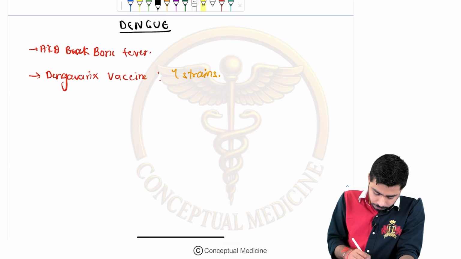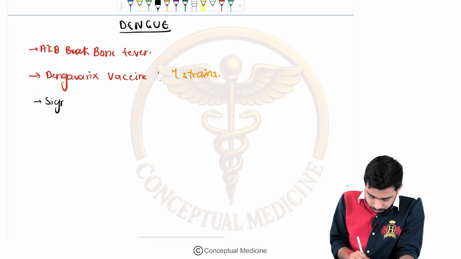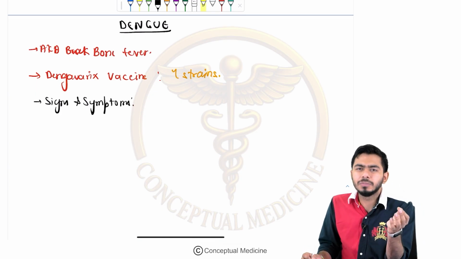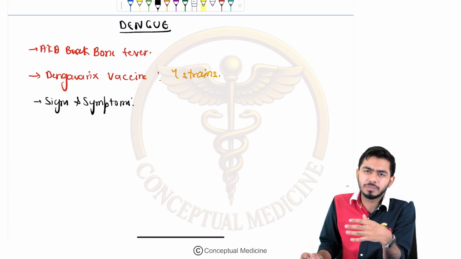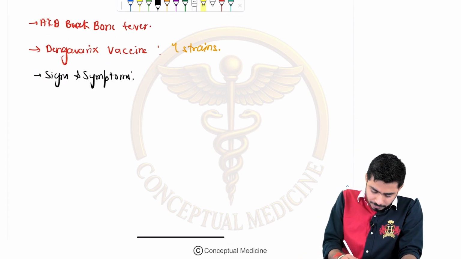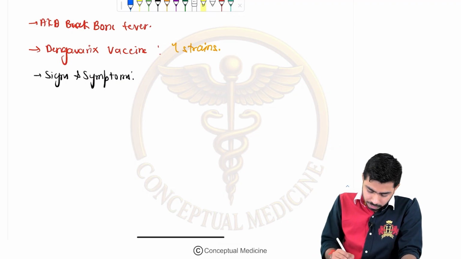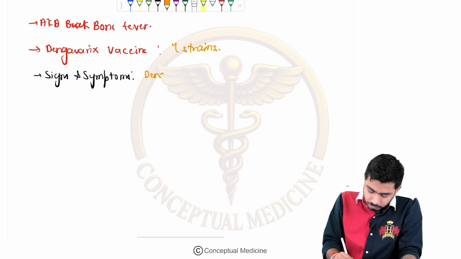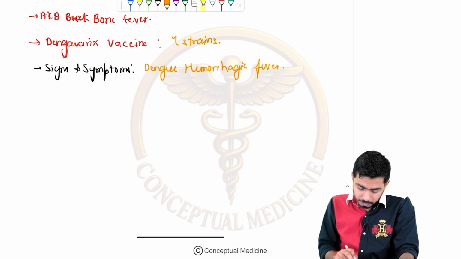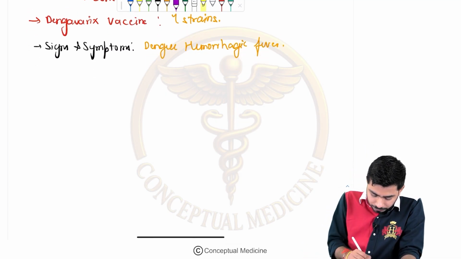Now if we talk about the signs and symptoms of the dengue virus or dengue fever, usually fever can be there, myalgia can be there, generalized weakness can be there, right? All of these symptoms are there, but let's talk about the phases, guys. It can also cause dengue hemorrhagic fever, because here the platelets will be decreasing very rapidly, right? So we shall be seeing dengue hemorrhagic fever over here, and we are having the phases.